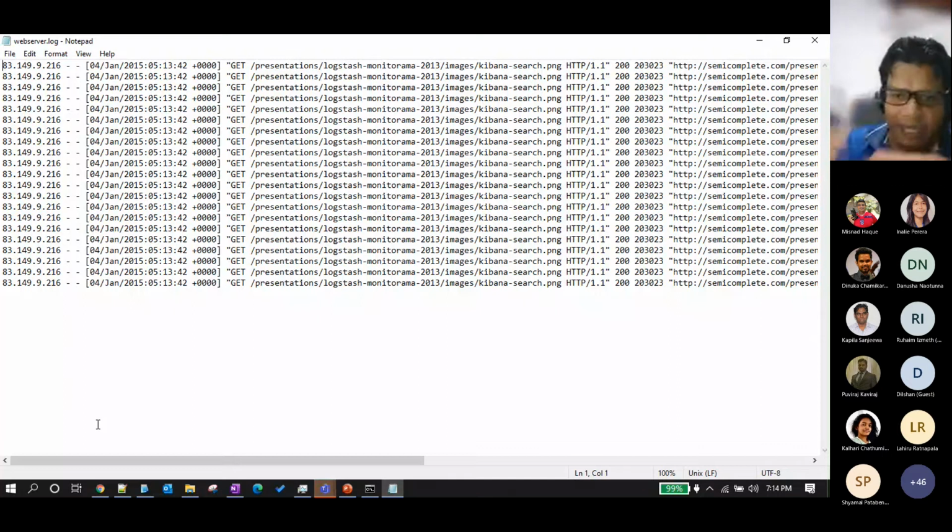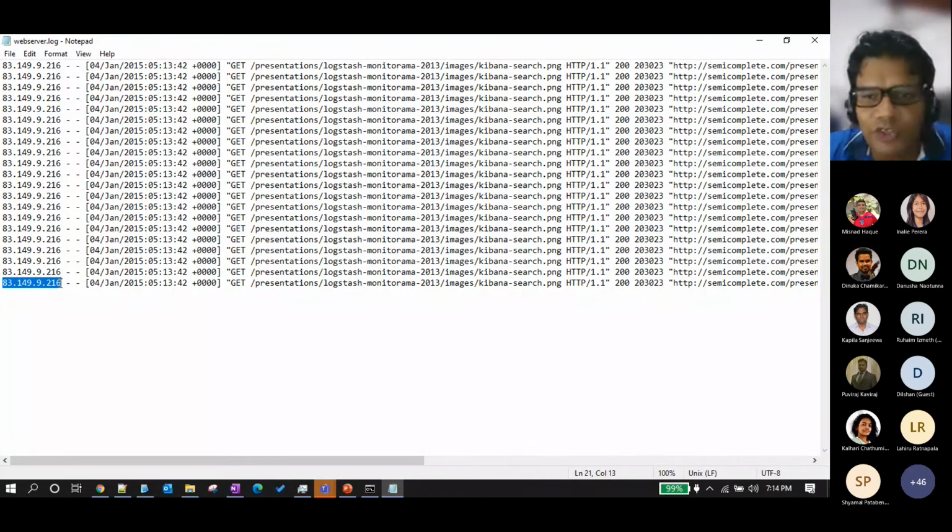So as a prerequisite, we have to realign the logs. Right now in this log, we have aligned it in such a way that this is the client IP. This is the Apache web log, so this is where the request comes from, this is the timestamp, the request URL, the HTTP method, the response code, the response time, and the referrer.